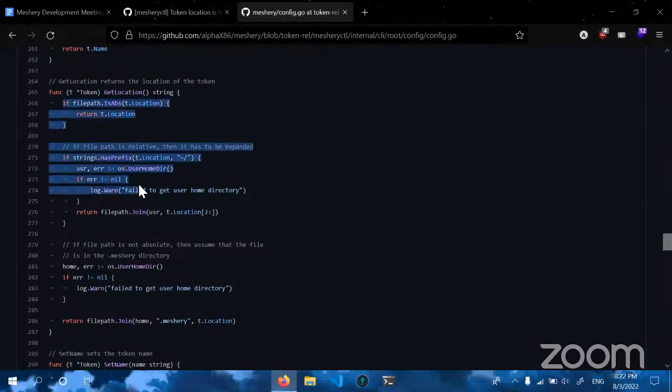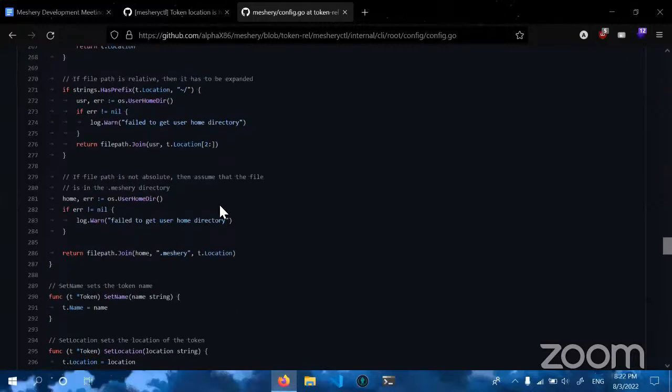So this is the sequence: if there is an absolute location given by the user, then return that as the file. If the user has given the relative path with tilde slash symbol, then add the user home directory along with the path given by the user and then return it.